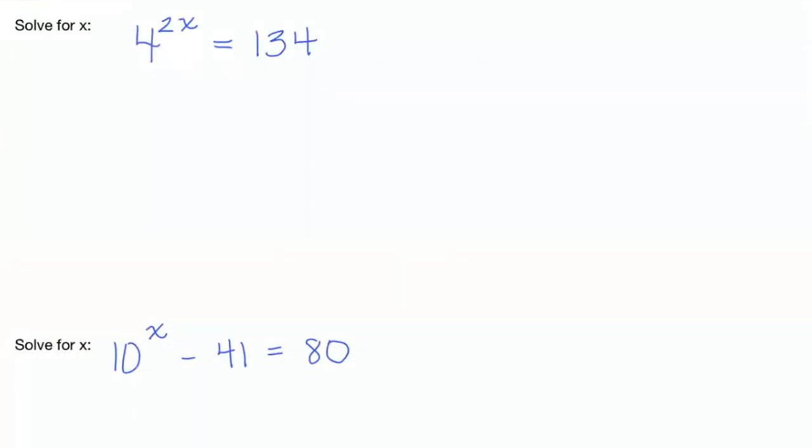Now let's talk about a second method for solving exponential equations. Take a look at this next one. Now, when you're looking at it, you might not have any idea whether it's possible to take the bigger number, 134, and rewrite it as a power of 4 or a power of 2, or maybe it's not even possible. Instead, there's another way that you can solve for x, and that is by taking the log of both sides